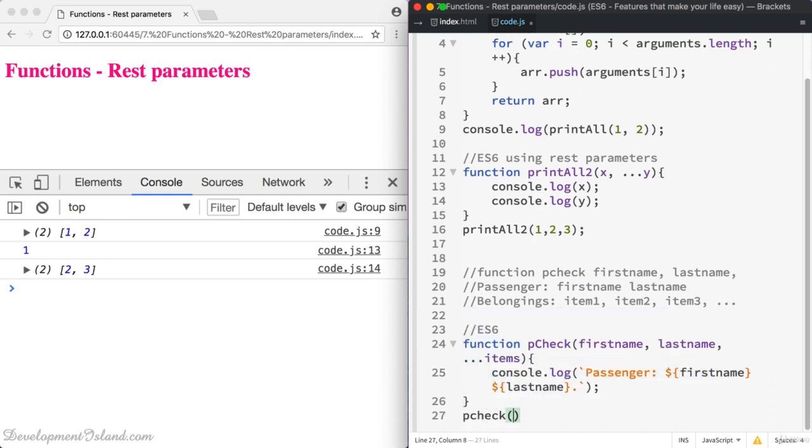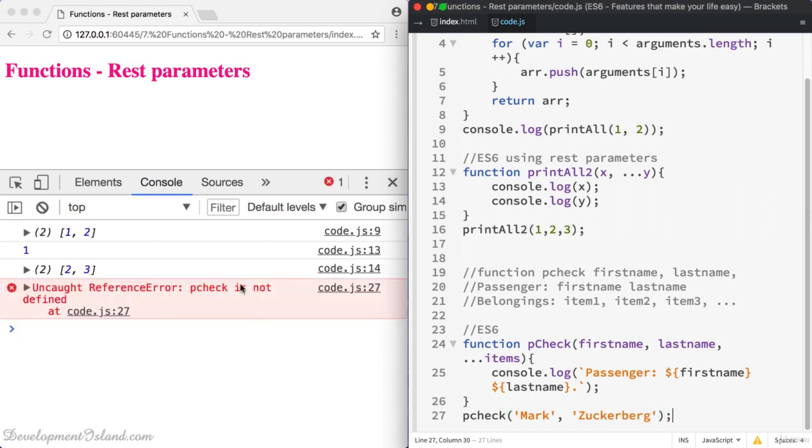So pcheck of Mark Zuckerberg. And we can see that we've got the right console.log of the first name and the last name, which we